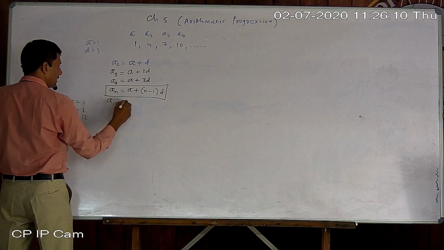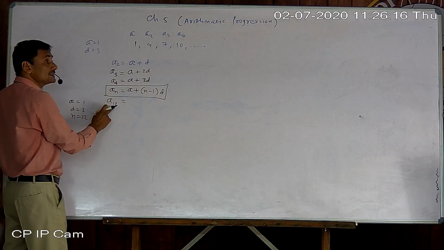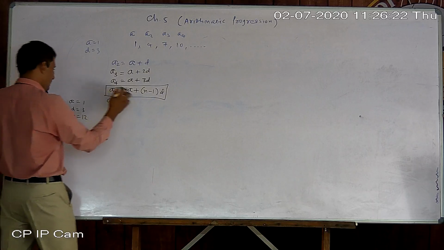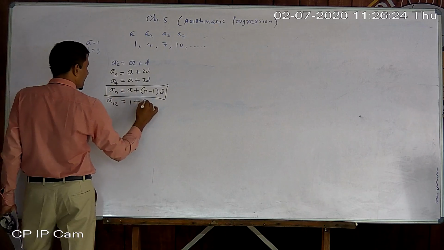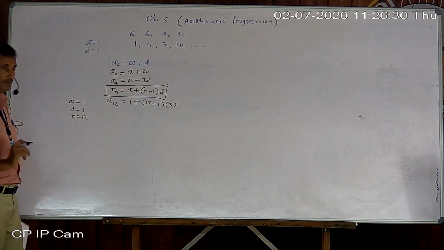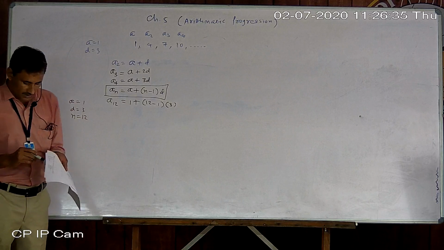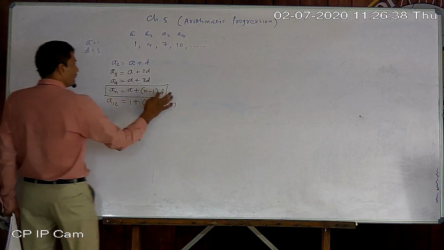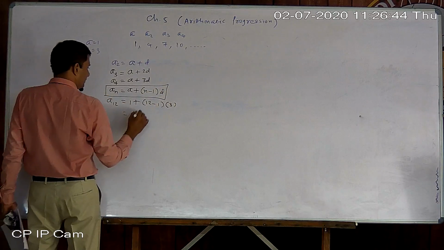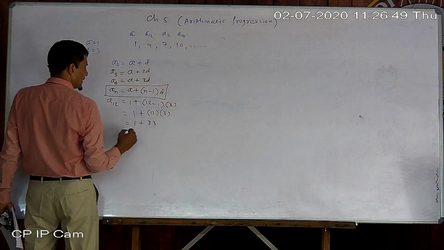So a12. a12 means 12th term. 12 is a sequence number, just like your roll number. It is not value. So 12th term equals 1 plus (12 minus 1) times (3). d is always placed in bracket. Why? If there may be negative d, at that time it becomes problematic. So keep in mind and be habituated to place the value of d in bracket only. Now just simplify it. 1 plus 11 into 3. So 1 plus 33. It will be 34.